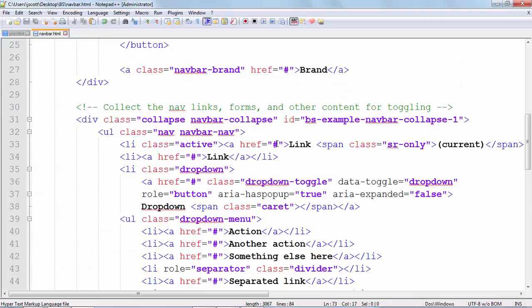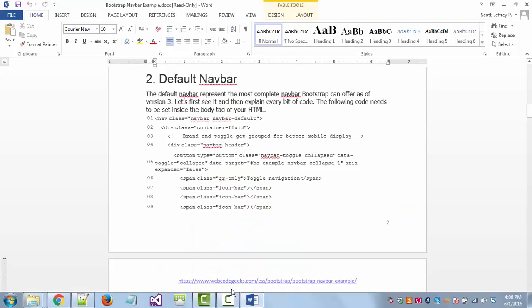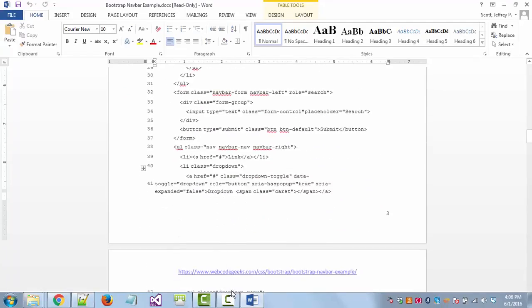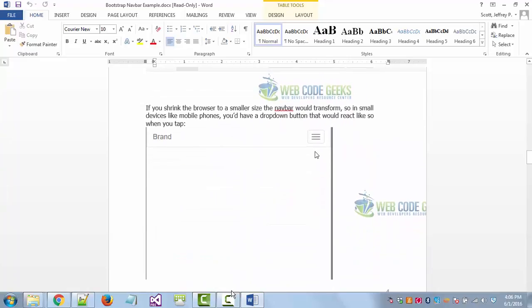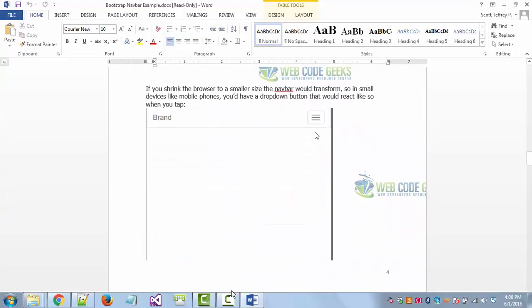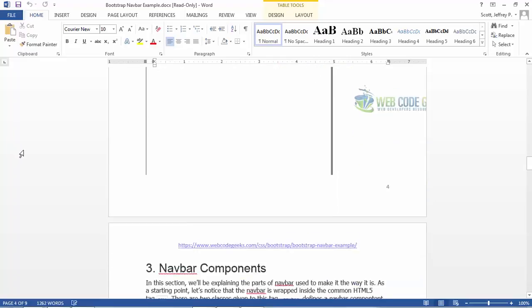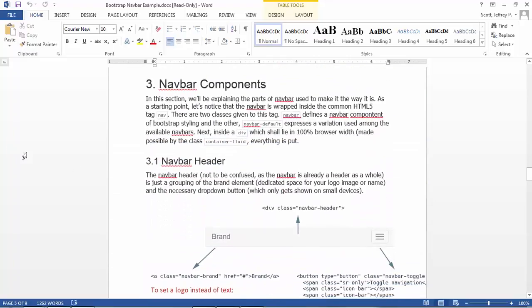Alright, so the author mentions on the bottom of page 4, let's go back to the handout. If you shrink to a smaller size, the Navbar would transform. So in small devices like mobile phones, you have a drop-down button that would react when you tap it. You already saw that. Now, as far as the components that are in the Navbar, this is page 5 of